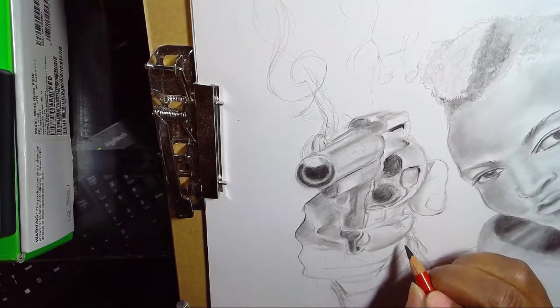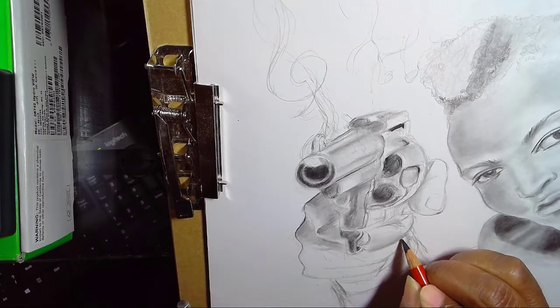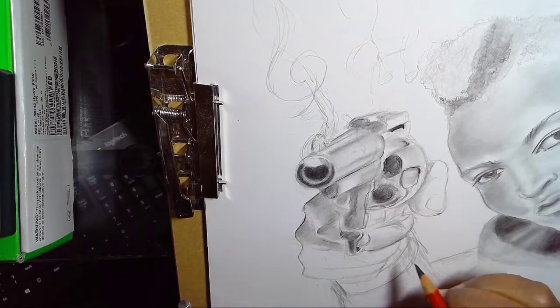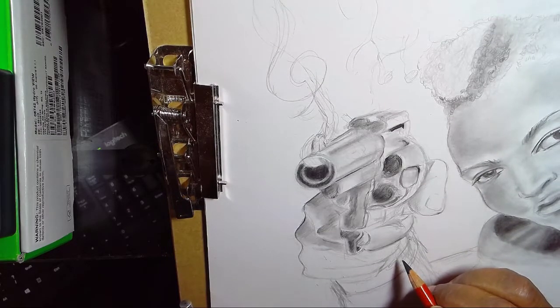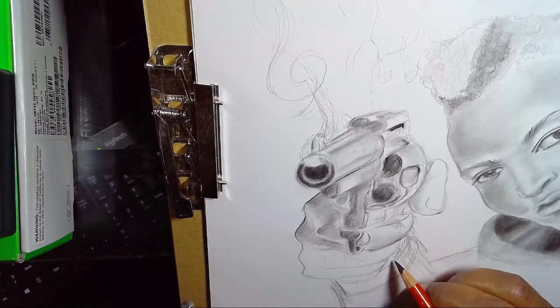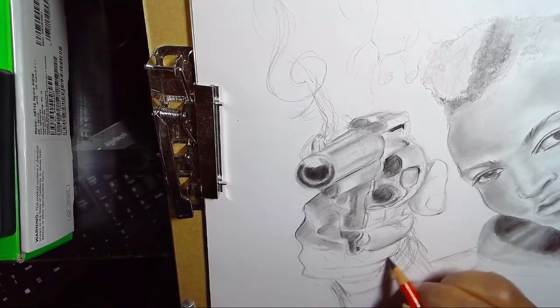Yeah, I told my daughter that I was drawing her something that she'd like, and I asked her, "Do you want to know what it is?" She's like, "No, surprise me." And I'm like, "You sure you don't want to know what it is? I'm working really hard on it." Anyway,